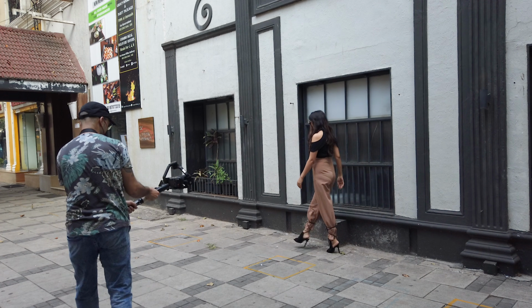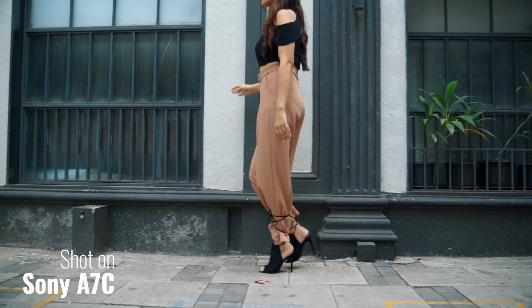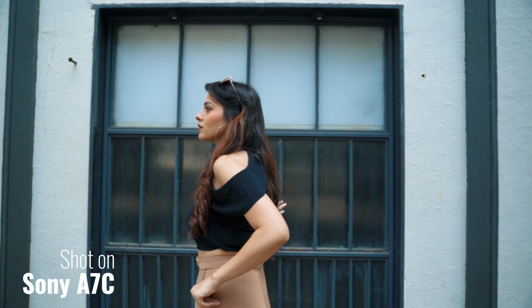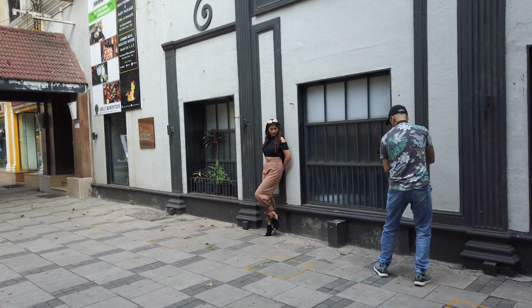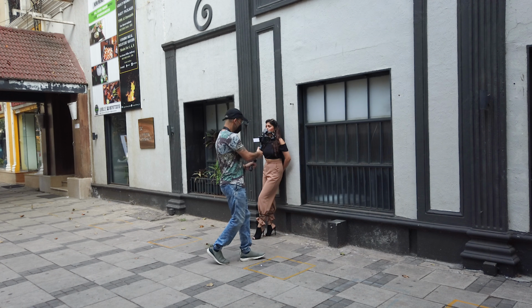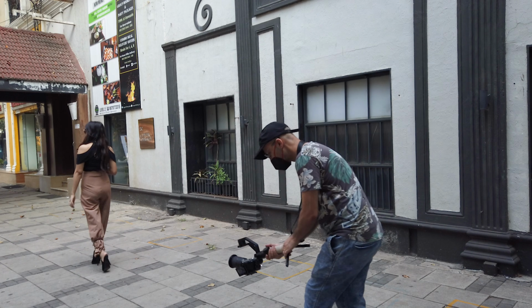Of course, one little thing which I didn't know earlier was if you're shooting in a high frame rate, that is 120 or 100 FPS on the Sony A7C, the face and eye autofocus does not work, which a lot of people maybe do not know, but yeah, it only works in lesser frame rates. But even if you don't have that, the focus is always locked on the face usually, so it's not something